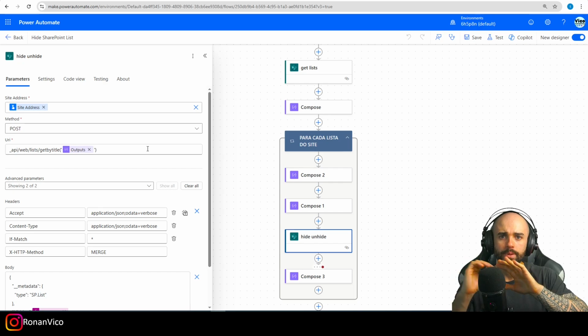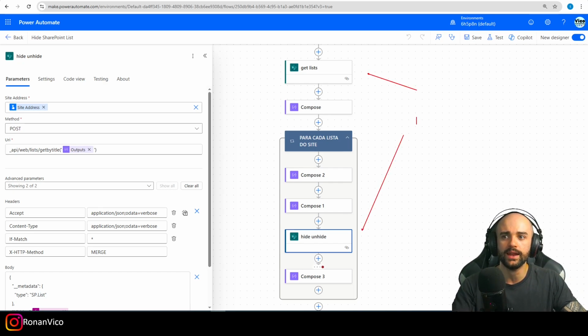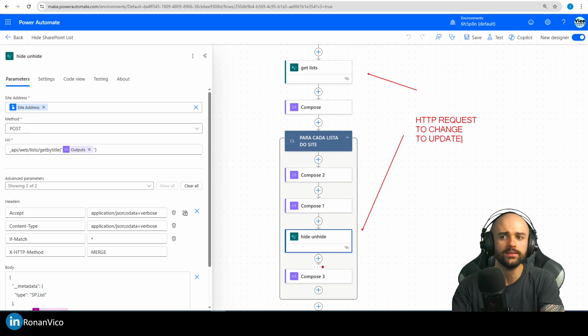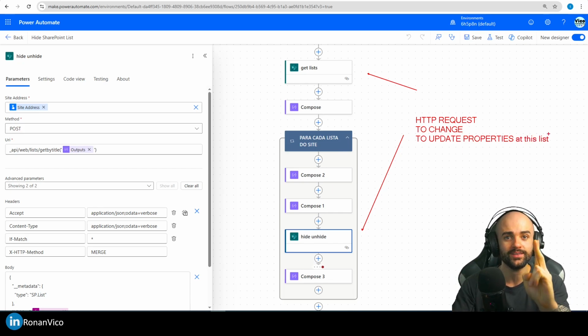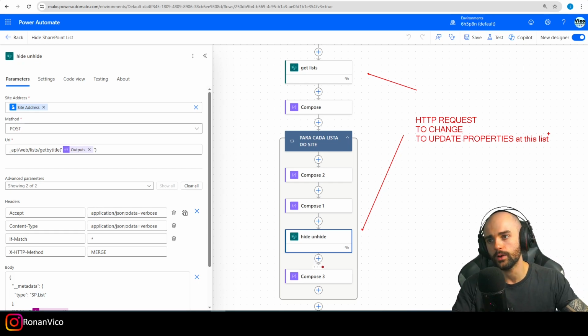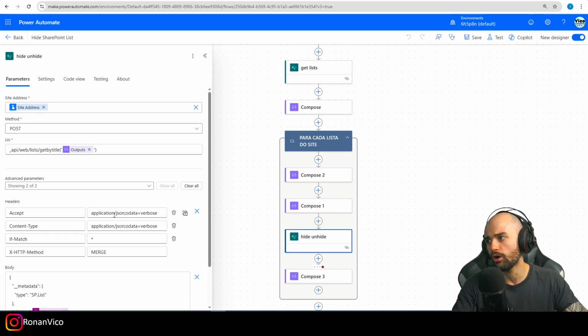Being pretty simple here, I'm getting the list and doing an HTTP request to update properties of this list. Basically it's two steps, but this flow does it for all the lists. So we are looping each one of them and calling this